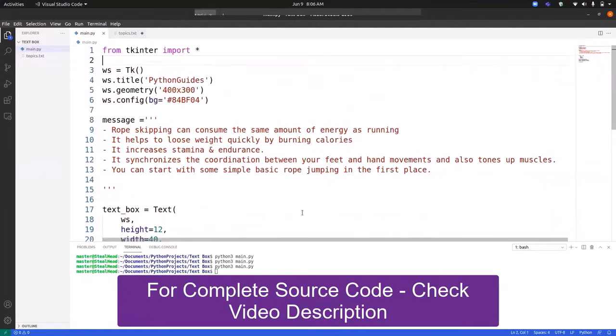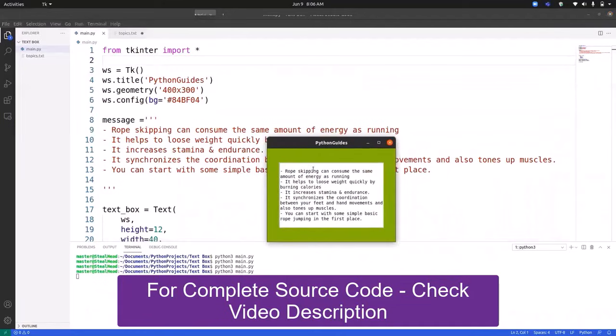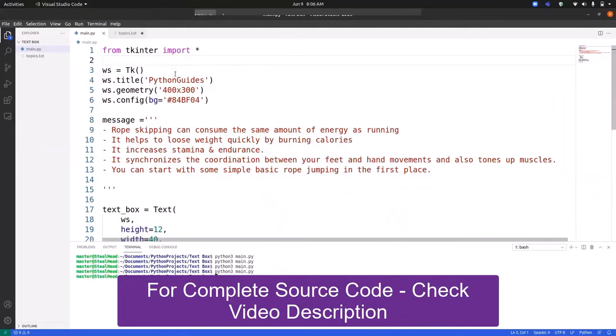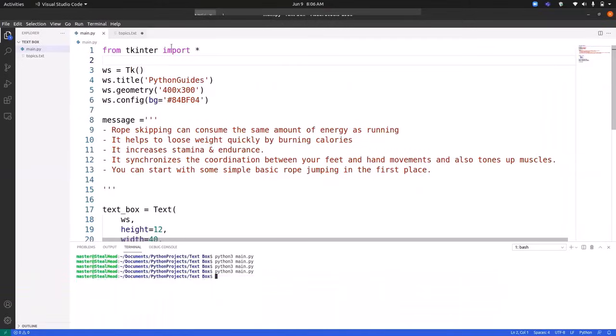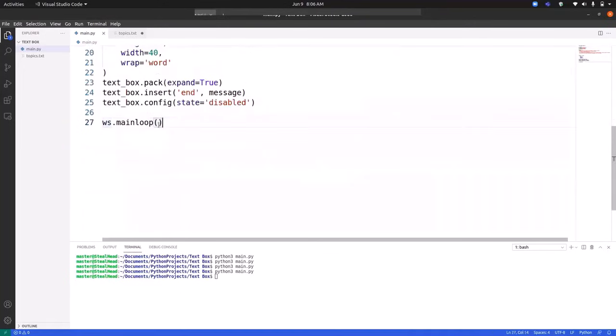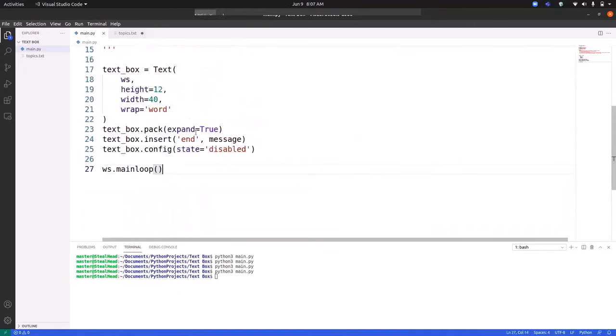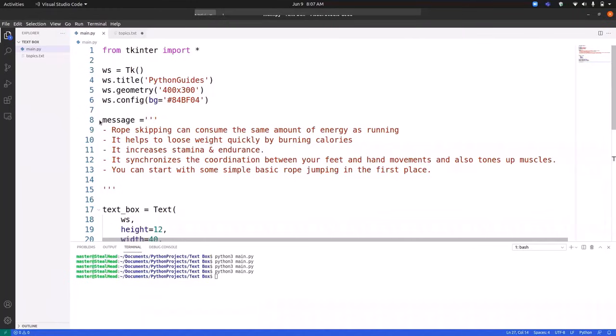So let's run this code. So here you can see the right portion is a text box, and inside the text box we have mentioned this information. So moving on to the code, we have imported everything from Tkinter. We have created WS as the main screen. We have provided title, geometry, and a background color. Then we have started an infinite loop,